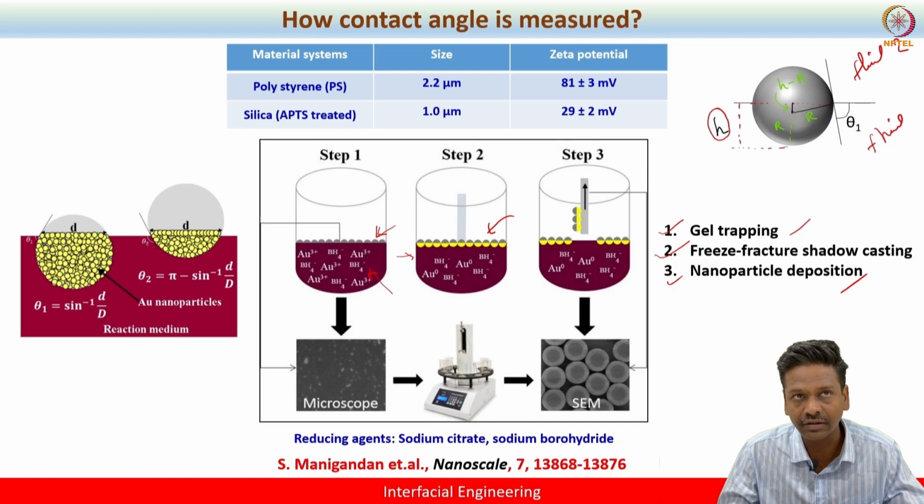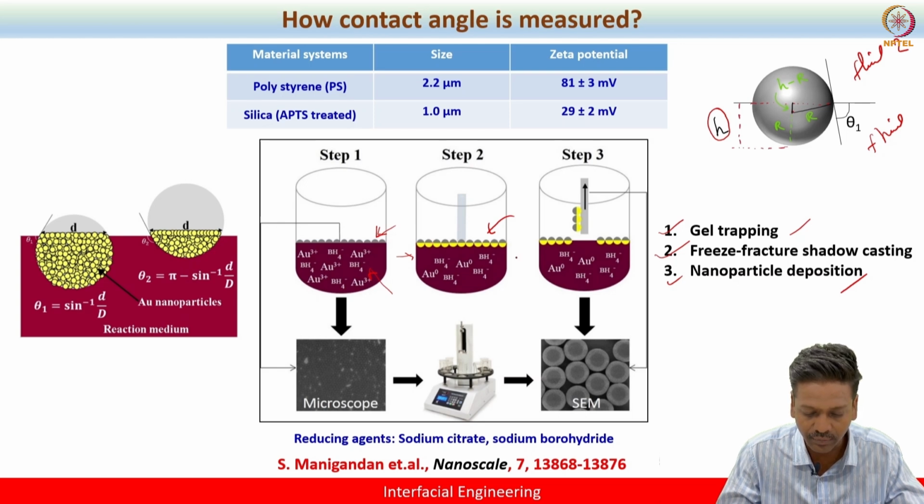You can say that there will be no deposition on the side part exposed to air side. So in this way, you are able to trace the equatorial plane, right? The part exposed to water side. In this way, you can understand by visualizing these particles using the scanning electron microscopy.